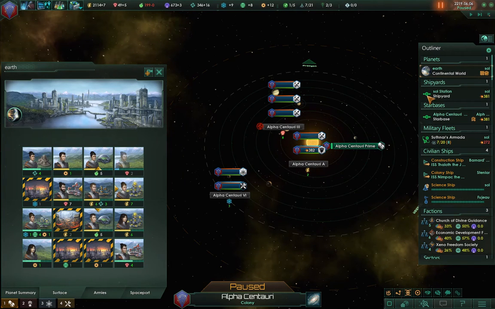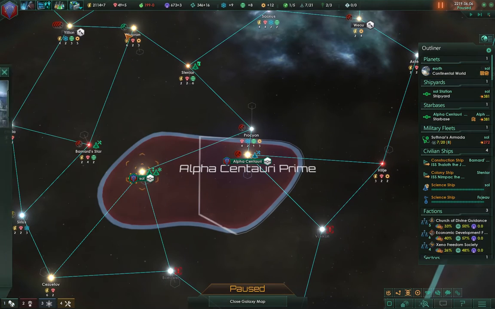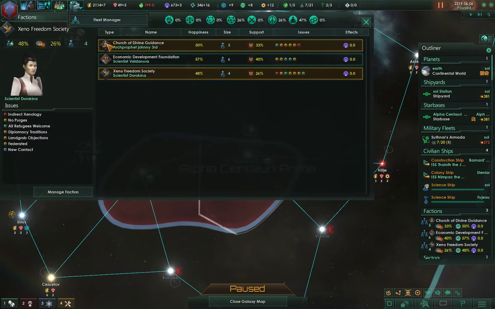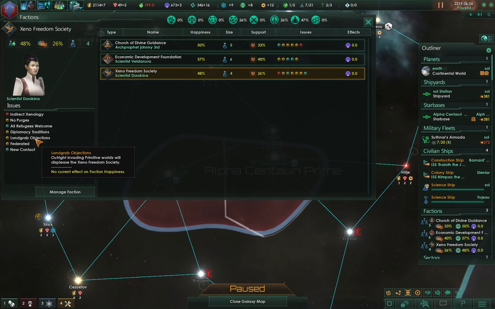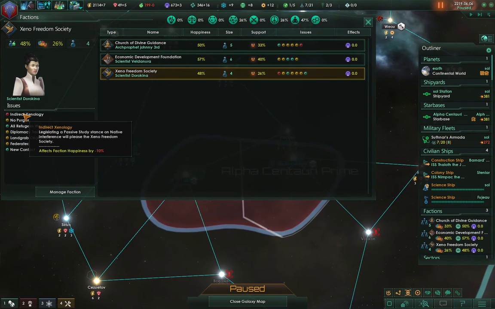they'll be fed. Okay, so we'll go back to the Galaxy Empire, go back to the factions, which I got distracted from before, again. Diplomatic traditions. Yeah, so no outright invading. They want us to join the Federation. That's what I want to do. I want to create a Federation. So, well, you can't really do anything about this, so